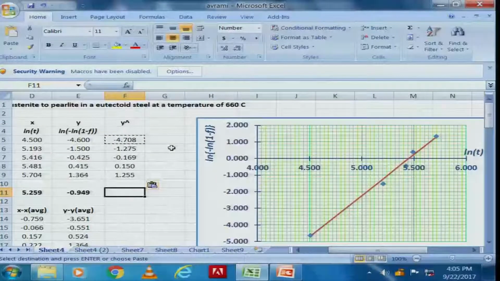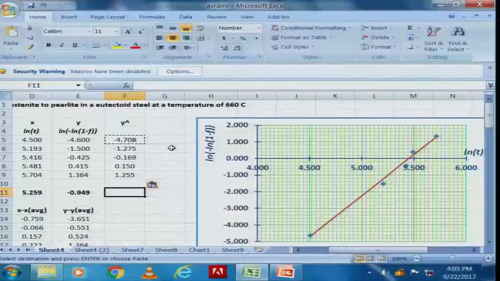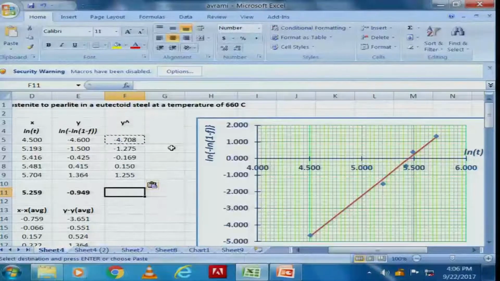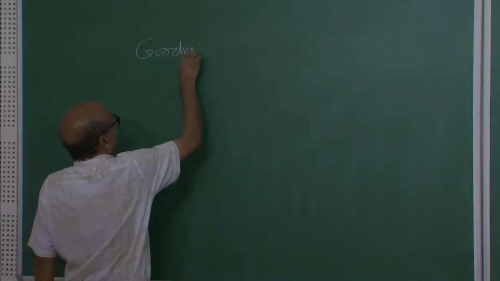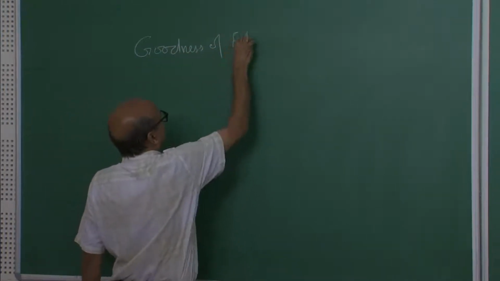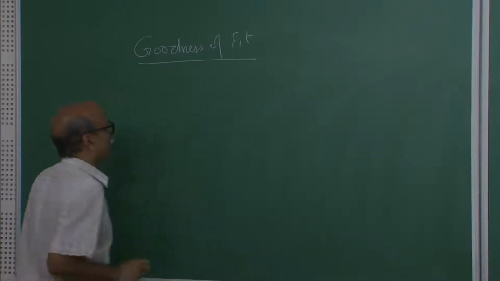Now, we also want to get some kind of a measure of how good this fit is. There are various measures for that, and we will just take a look at one of the measures of the goodness of fit, and let us see how this goodness of fit can be developed on the board first. So, looking at the goodness of fit measure for our regression line,